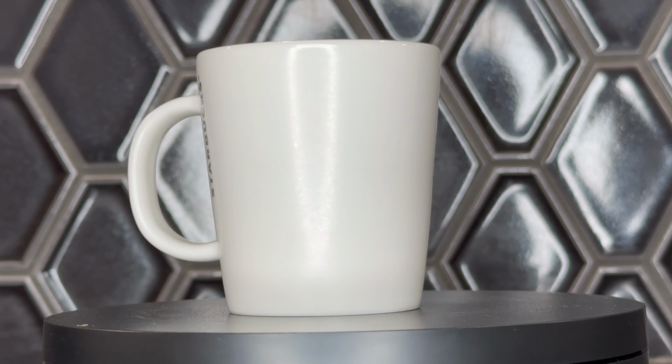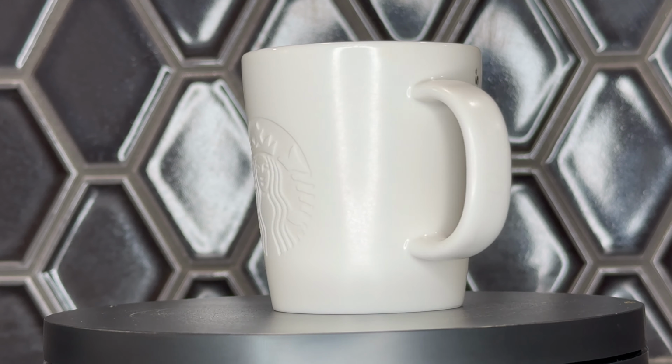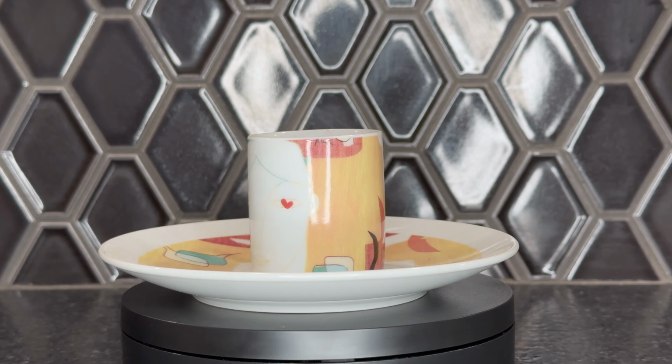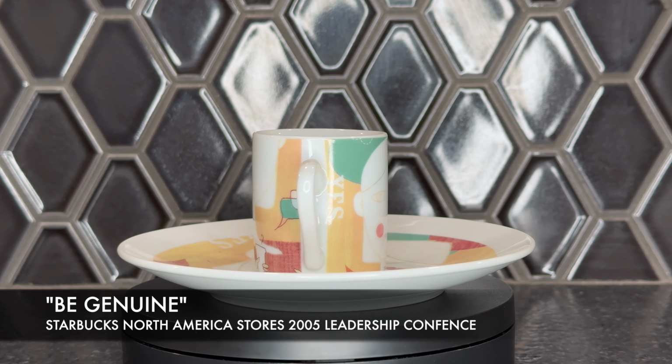A big thank you to my Auntie Kathy who gave this to me. Now it doesn't look it, but it's one of those little mini espresso shot cups. I used to work for Starbucks, and this is part of the Starbucks North America Store's 2005 Leadership Conference, and